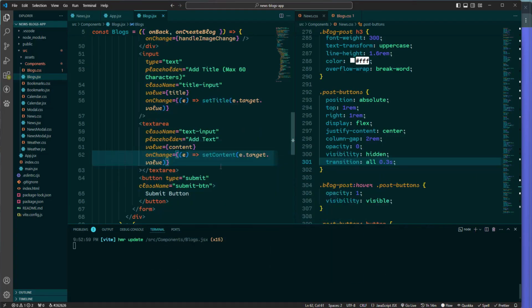So in the same way, the onChange handler is called whenever the user types in the text area field. This function updates the content state variable with the current value of the text area field. The onChange handler ensures that the content state variable is always updated with the latest input from the user. This way, the state accurately reflects the current value of the content text area field. Alright, so by updating the JSX in the blogs.jsx component to include these handlers, we ensure that our form is